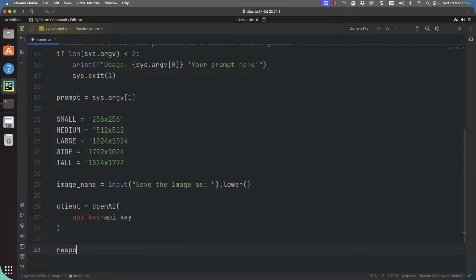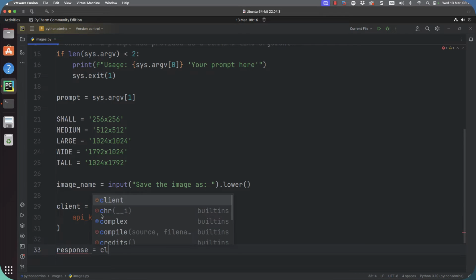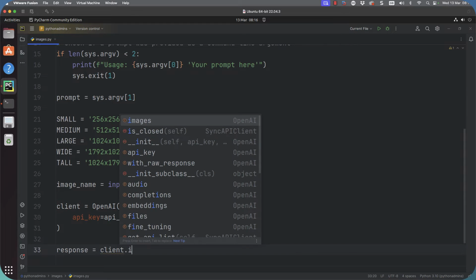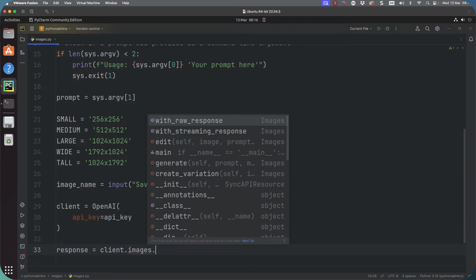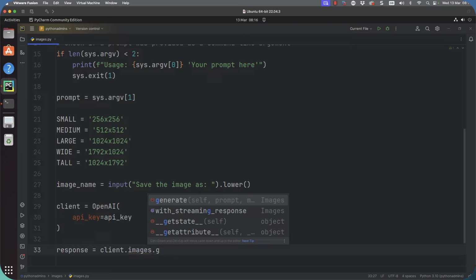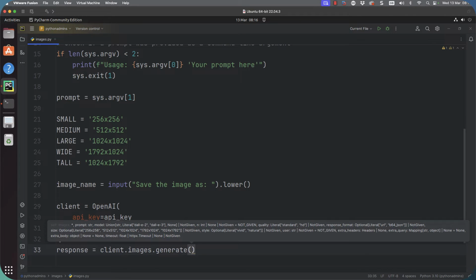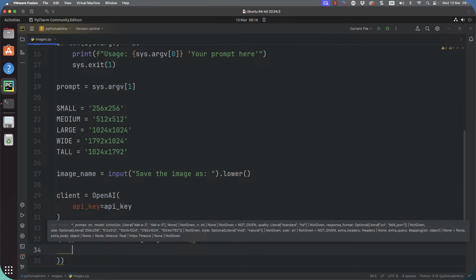We can then go through and start connecting into the back-end system by setting up our response variable and populating it with our client object, and then going into images dot generate, and we can specify the properties that we need.